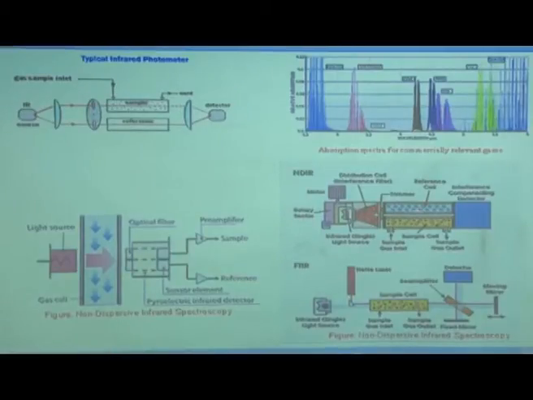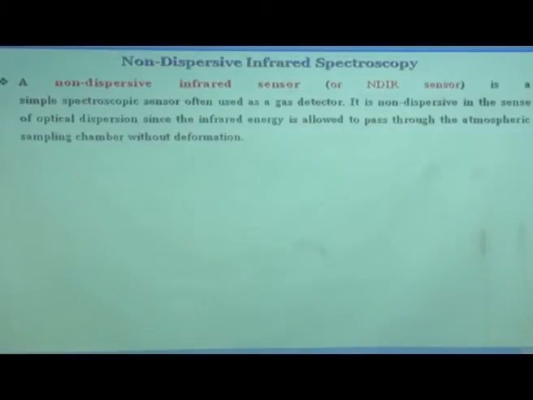Half of it is going this side, half of this is going this side. Here you have the reference cell where there is no species of interest, basically carbon monoxide or carbon dioxide, and here this is the sample cell. Through the sample cell the exhaust gas is flowing, and this is the detector signal. Okay. So, this is the arrangement of mirrors. I do not think you have to really go through the arrangement of mirrors, etc.